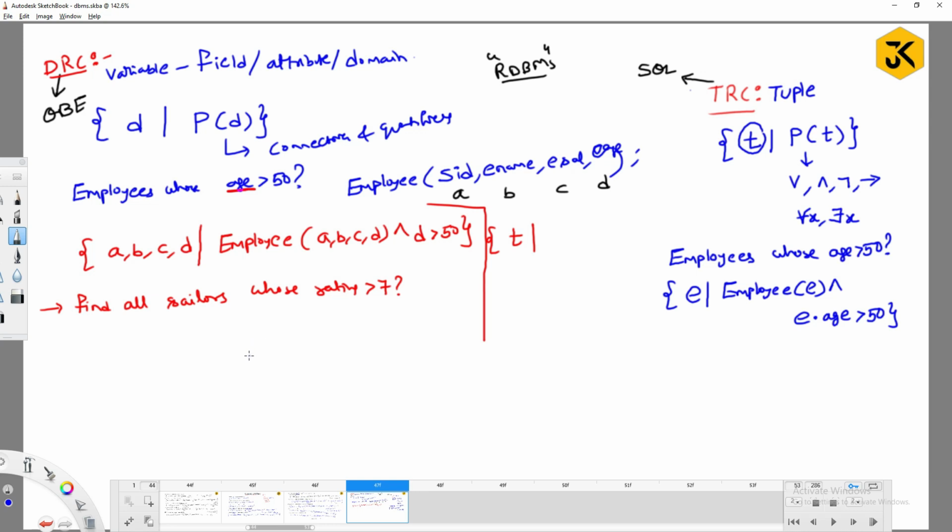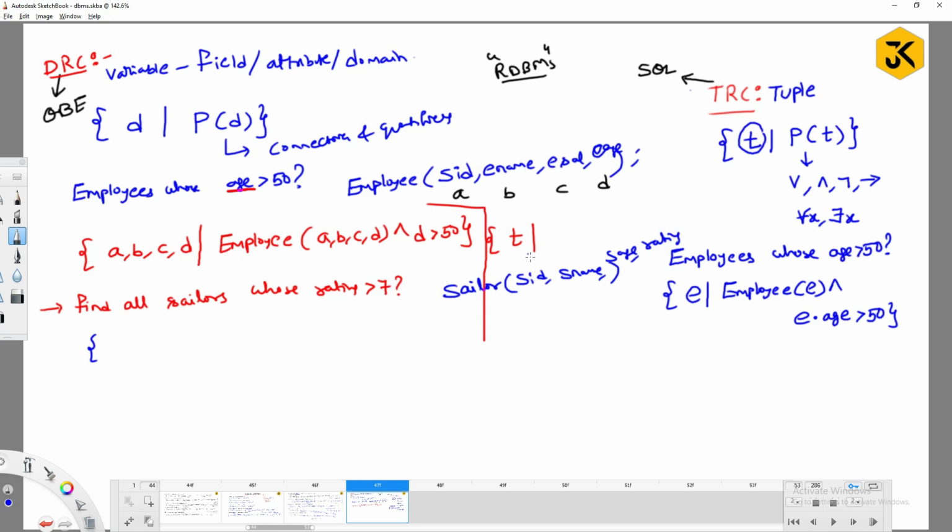First, you have to give alias names to each and every attribute of the table. So here I need to have all the sailors. All the sailors means they will contain all the attributes also, right? For example, if you look into the schema of sailors, I think there is SID, S name, SH, any other thing? Rating, very good. Rating is there.